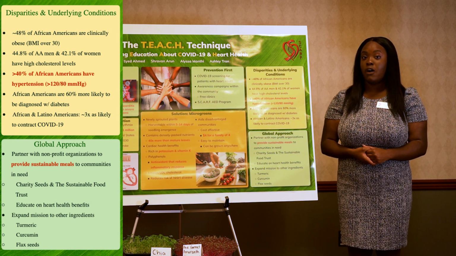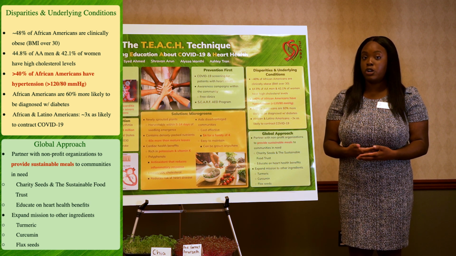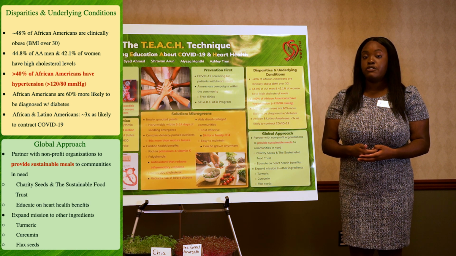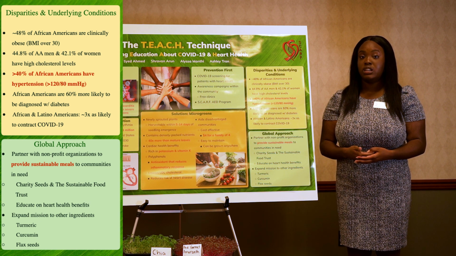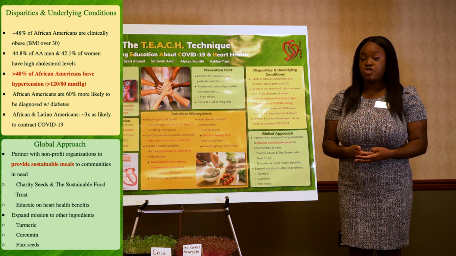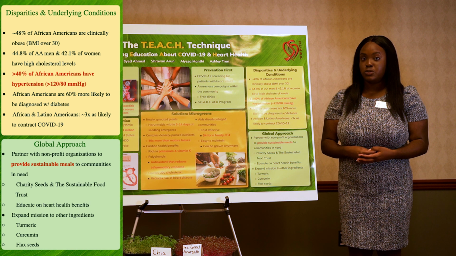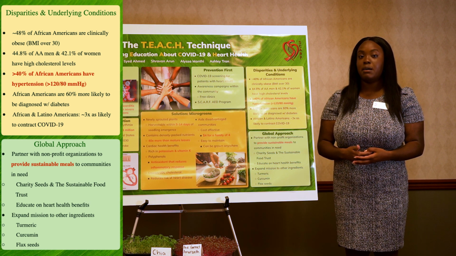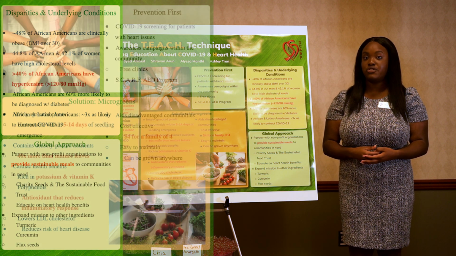17.7% of the United States qualify as living in a food desert, or an urban area where it's difficult to purchase nutritious, affordable foods. Minorities disproportionately represent that community. For some of these communities, their only viable options are overprocessed snacks and fast food, leading to high cholesterol, hypertension, and diabetes, damaging their blood vessels, increasing their risk for heart disease and COVID-19 as well. That is why, for our solution, we are looking to impact and educate these low-income minority areas to help lower their risk. Now I'll pass it off to my colleague Syed to discuss our prevention-first approach.